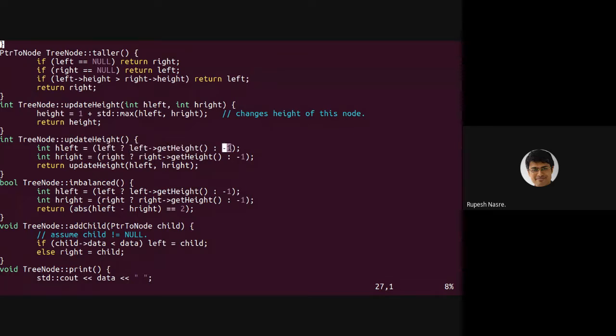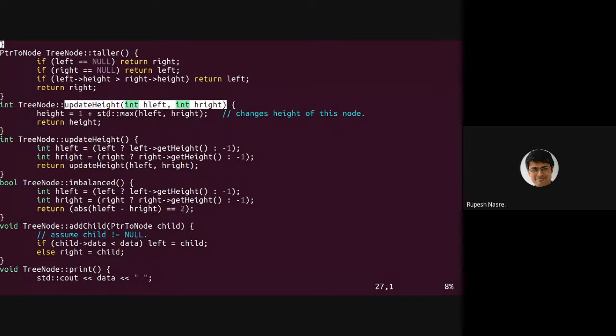Otherwise, if it is empty, then it should be -1. Similarly for the right, so we get the left hand subtree's height, right hand subtree's height, and then we call this function with the left subtree's height and the right subtree's height. This function meaning the second function which has two arguments.